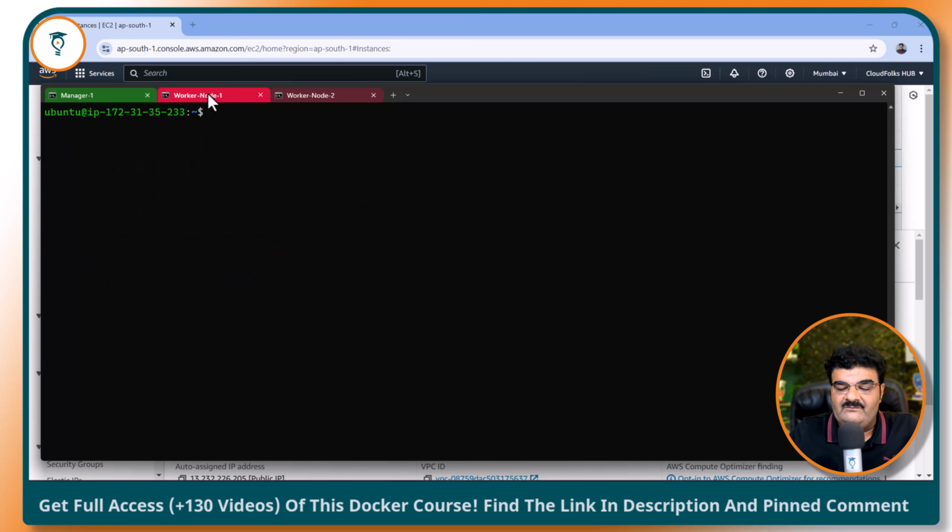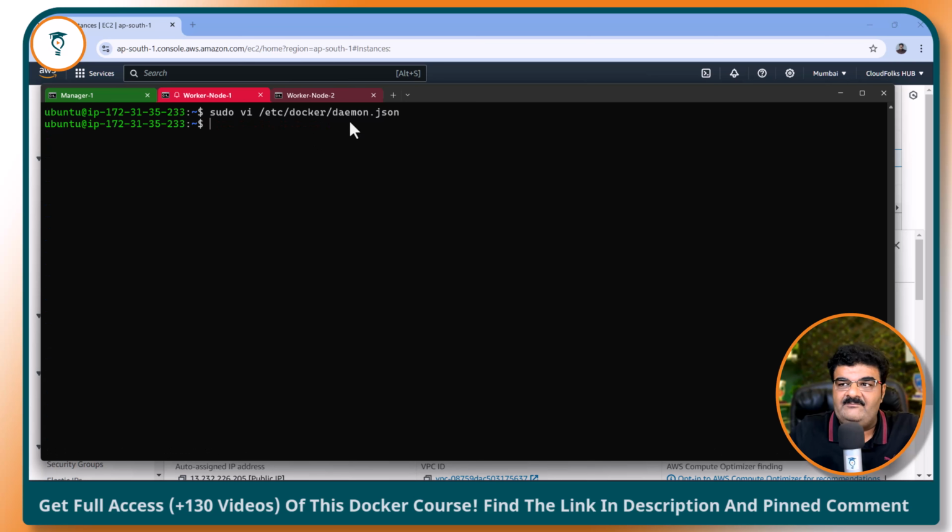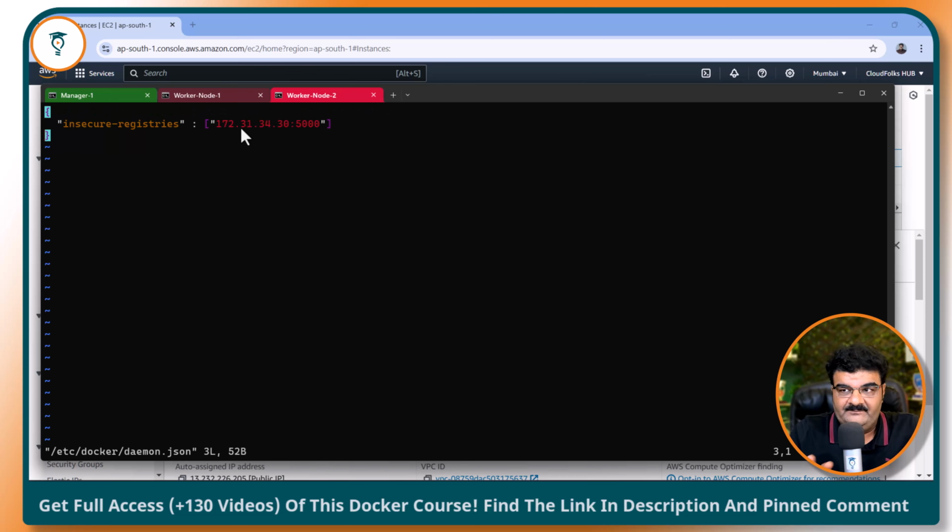Then you can go to the worker node. Same command. In the worker node, you have to provide the same IP. Here you are not going to change the IP address, because this registry is only accessible by using this IP address of the manager node and then port number 5000. So you have to copy this file into all three, right? Now once you have done this,